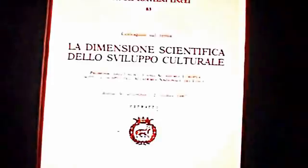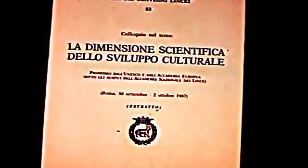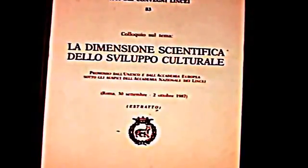Oh my God. Here is a cover of a report that was put out by the UNESCO under the auspices of the National da Vinci in Rome. The reason why I show that is that I was at Rome where they put on a congress, and they wanted to have something on the nature of impact of science on culture, and that's the charter of UNESCO. So I chose